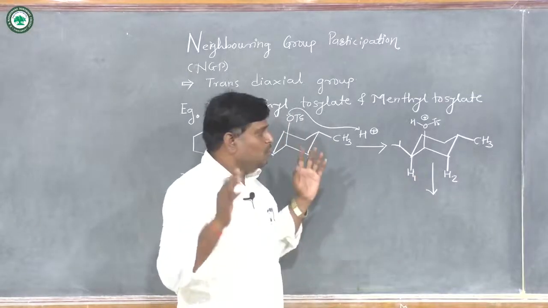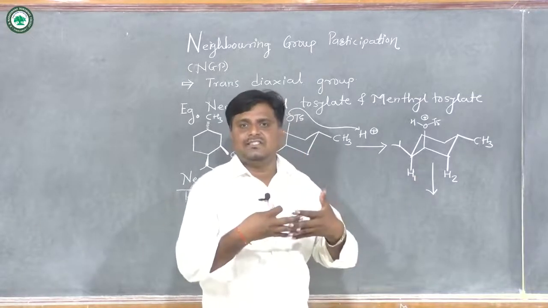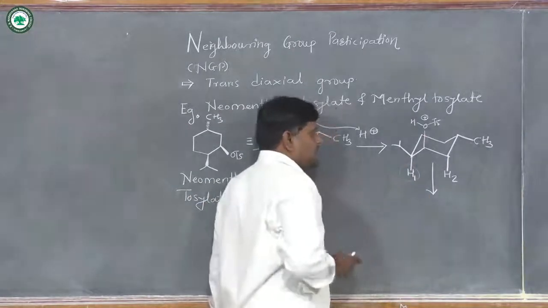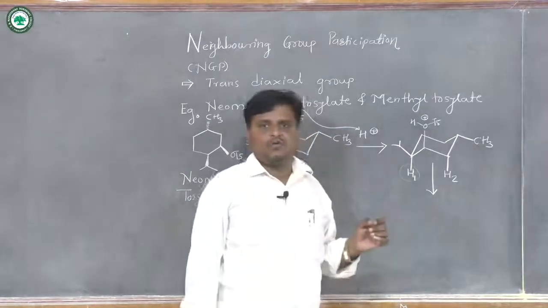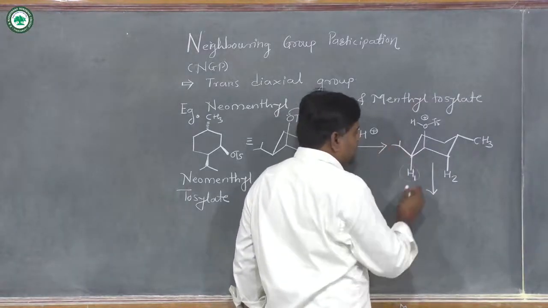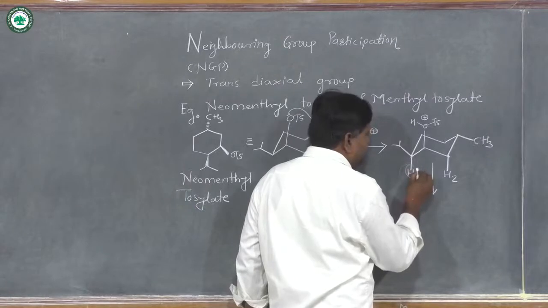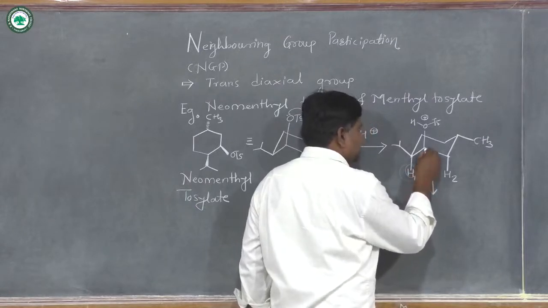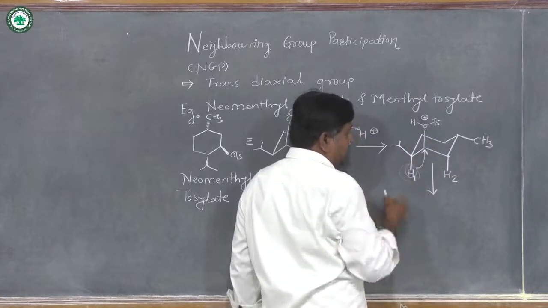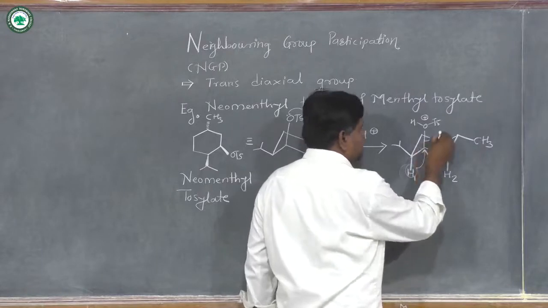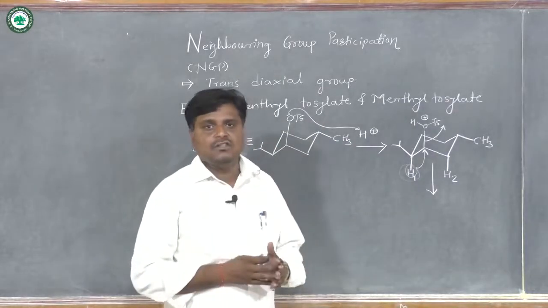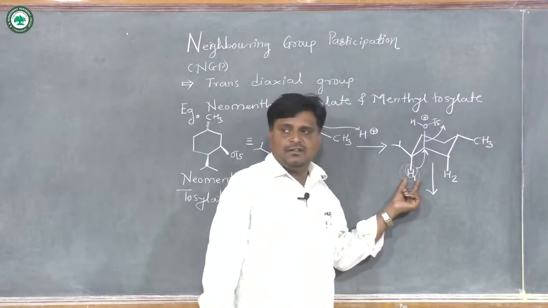Why? Because both of these hydrogens can compete with each other, and at that time this hydrogen is the more acidic proton, so it will easily participate as an NGP. So this hydrogen will attack from the back side of that bond, which is diaxially present, and this OTS will be removed. Another reason for the choice of this H1 is